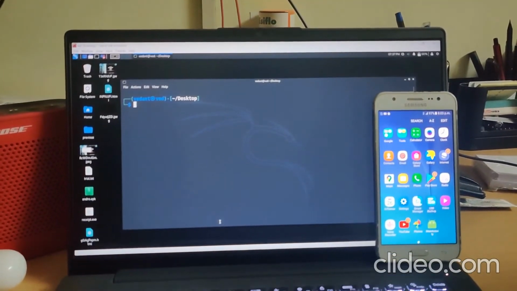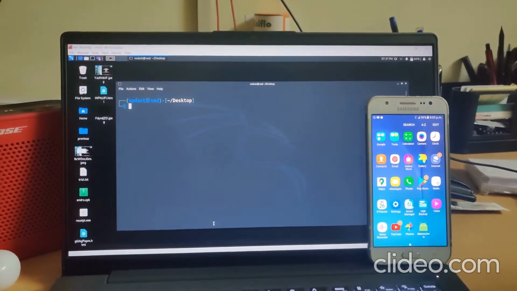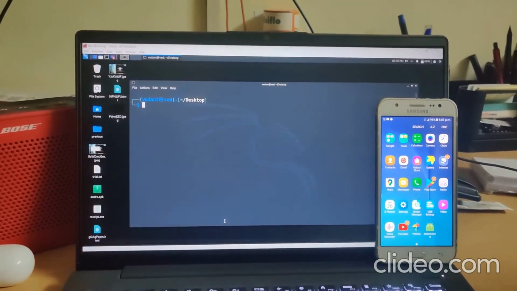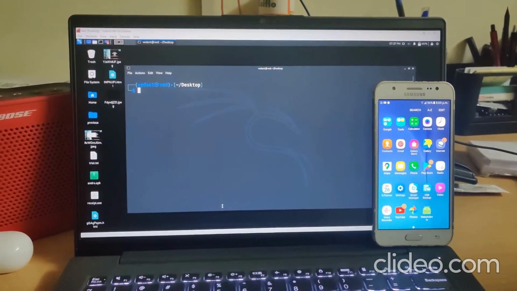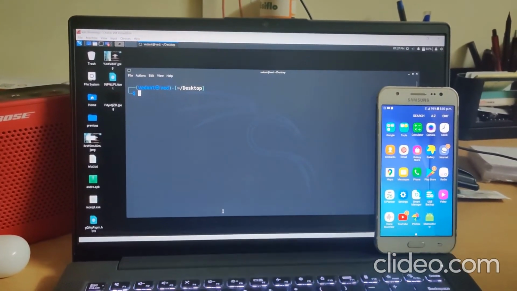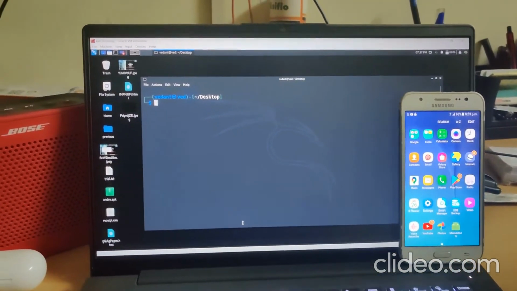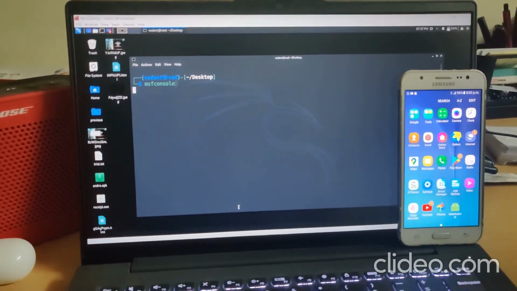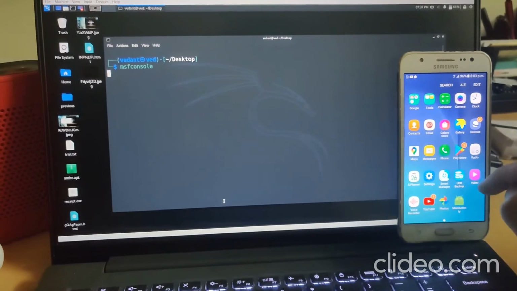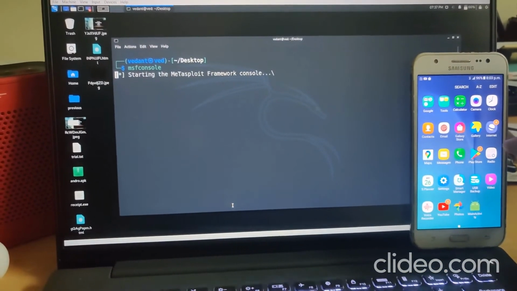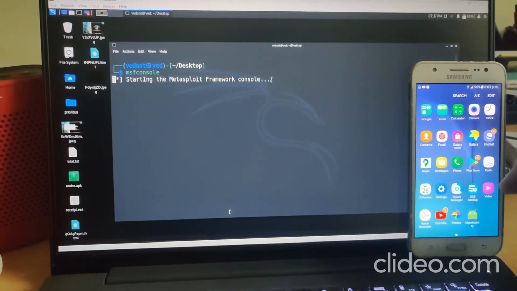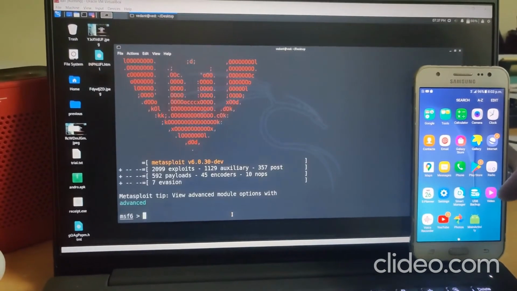Hello, so we are back with another part of the Metasploit framework. Now we are going to do the same with Android, using the Kali Linux system that we were using for Windows as well. So we are just going to open msfconsole over here, and I want to show you that from the previous website, from which we downloaded the receipt.exe, we also created another payload for Android, which was an APK.